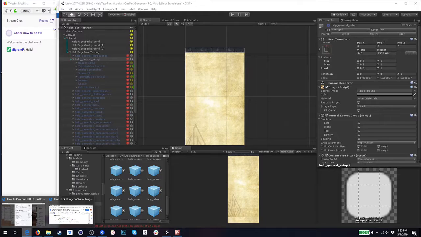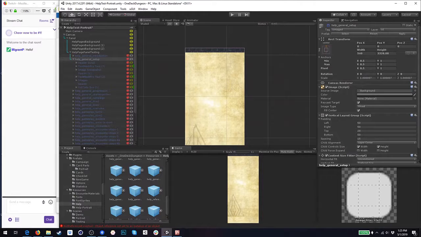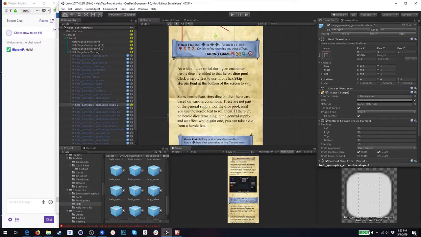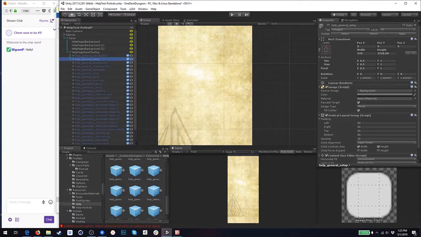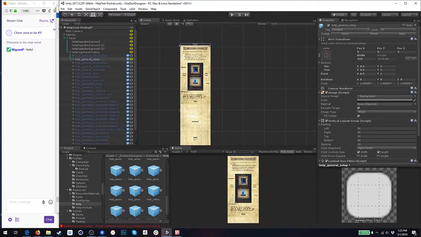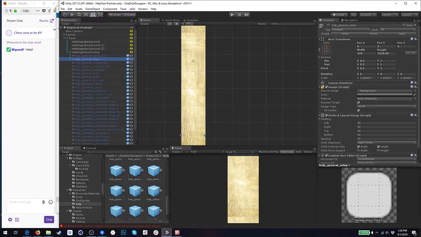Alright, so that was the setup and encounter steps. Yeah, all different. And I think most of these I'm just swapping out the picture. Oh, this one has some pointers too. So, oh, the other thing that I always want to check with these is to make sure that the vertical layout group worked, and yeah, it has all the content inside of it. Yeah, it works, because if the content isn't inside of the area with the blue dots, then it won't scroll properly. Alright, so that looks good. So encounter steps